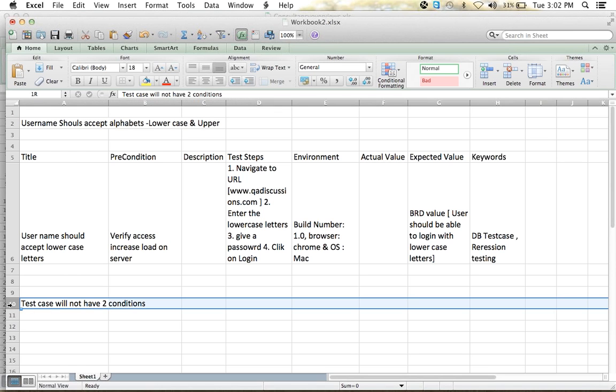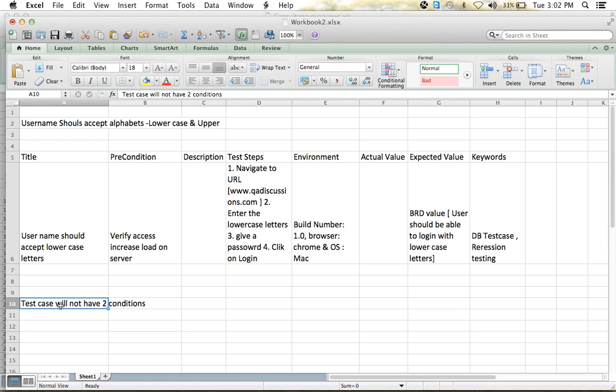This is a very important point you need to note. In some companies they'll write so many conditions in a single test case. It is a bad practice. If there is any big regression testing going on or there is a big release, and they say we have only 10 test cases for a particular registration form, it's not enough to test all the functionalities. We need to verify how many different conditions we are able to write, and we have to divide them into simpler conditions and write a test case for each and every scenario.